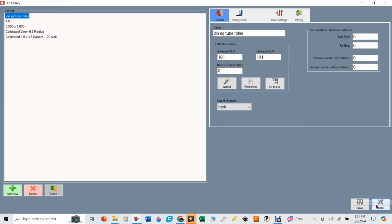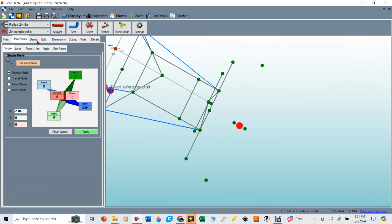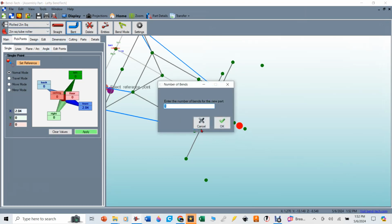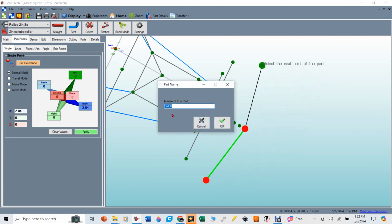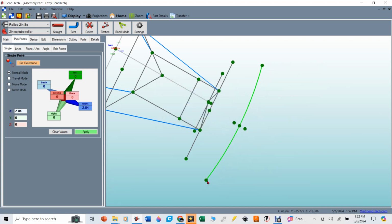I put those there, and I save it and close. Now that I've got these two things, I can say, okay, I want to make a bend. I want it to have one bend in it, and I'm going to say okay, and then I'm going to select the points. I start from left to right, and as I make this tube, as soon as I click okay and call it part 8, or I could call it bumper or whatever I want to call it, and I say okay, now you're going to see that tube, just like I had planned for it, is going to